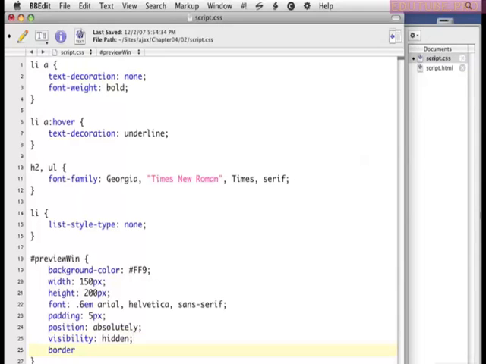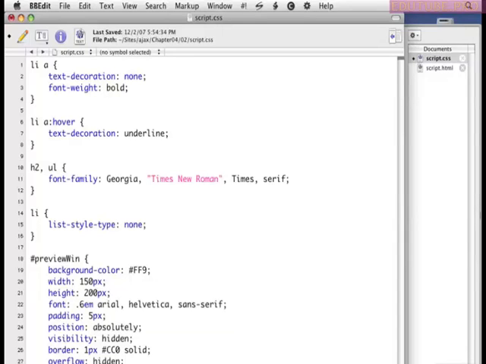We're going to give it a tiny border of a darker color to set it off. And finally, we're going to tell it to say overflow hidden. There's going to be a lot more text being read in from each of these pages than we actually want to display. So anything that doesn't fit in that tiny page, we're not going to worry about it. Just hide it. And finally, to work around some possible problems,